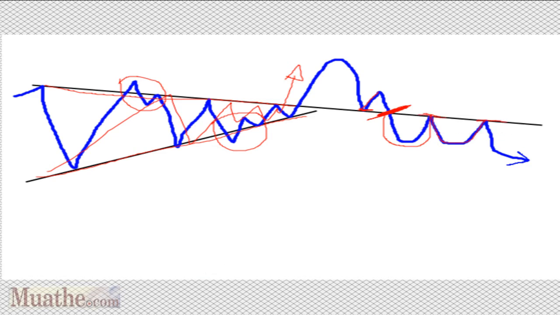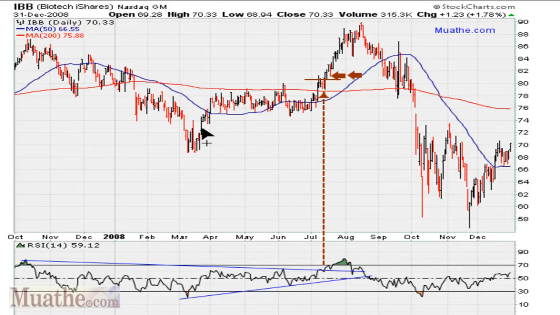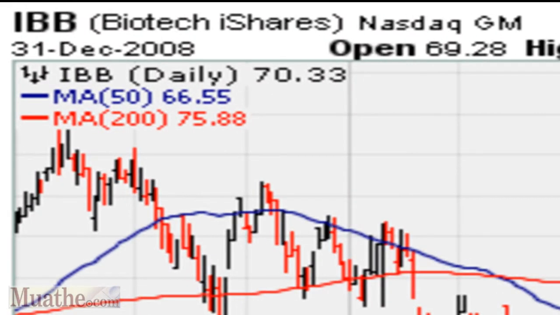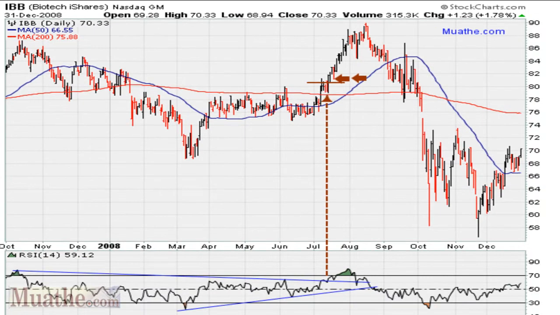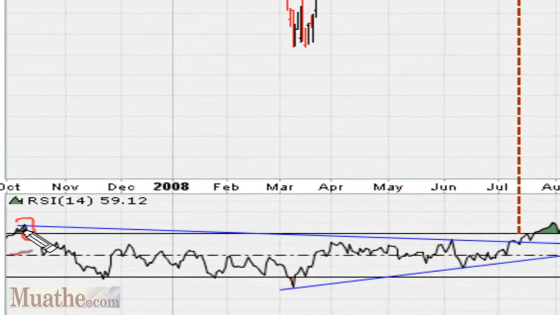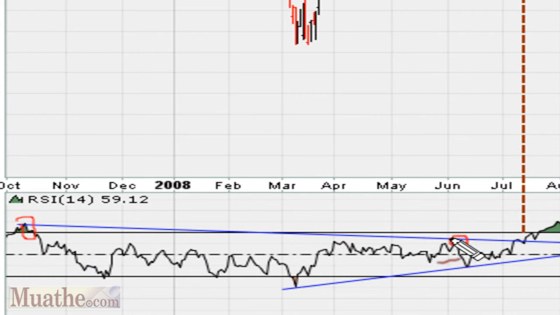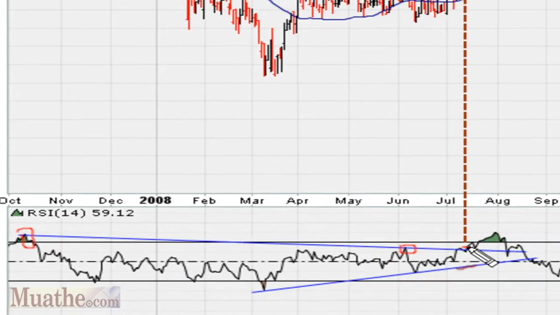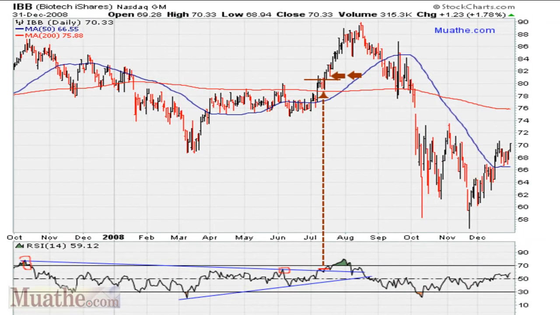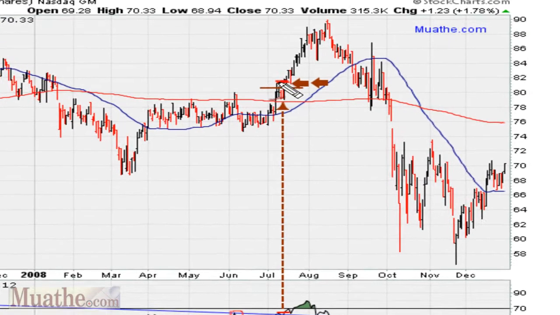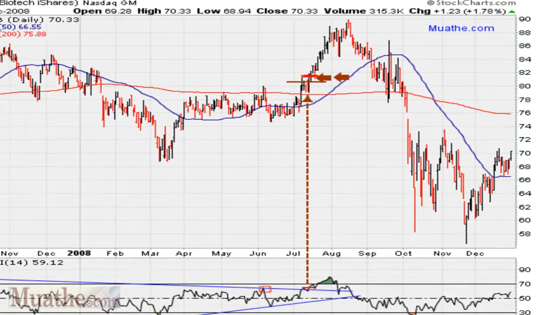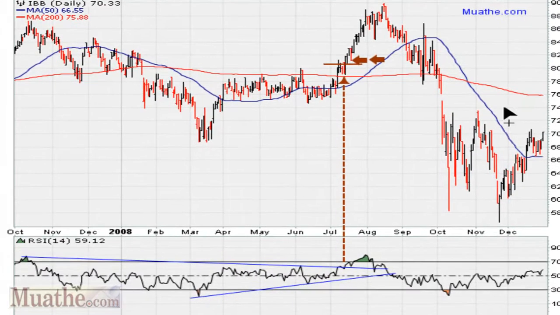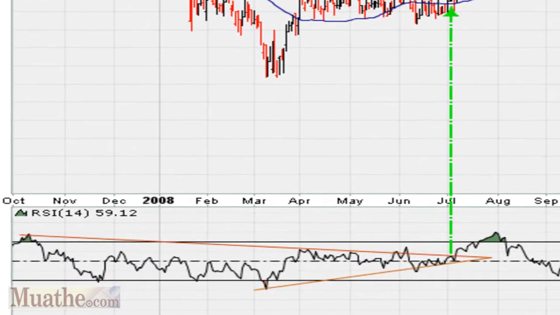So let's take a look at that live example, and it is for IBB in the 2008 time frame. You see that had we drawn the wedge using that high and that high, we get this buy point here, which happens to be this area at about 80, 81. That would have been your buy point, that is, if you don't include the wave cancellation. If you include the wave cancellation,